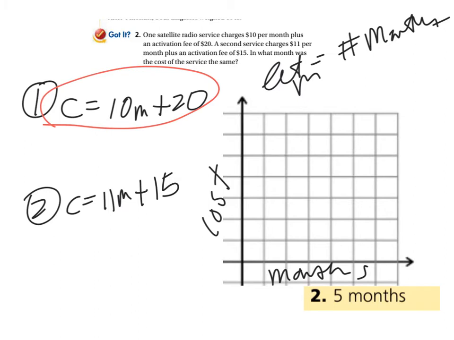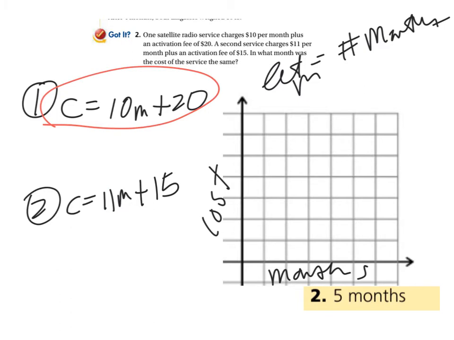So I grabbed a piece of graph paper and thought, oh, let's do it on there. And I don't know what person wrote this. It's a great problem, but not one for graphing, because your solution is at 5 months and the cost is at $70. That's not fitting on a piece of graph paper. Now, if all of these were tens, I'd go, oh, let's go by fives. But because this is 11, it makes it a little tougher to try to do that and come out exact. So I'll just tell you right now, this one is after 5 months and at $70